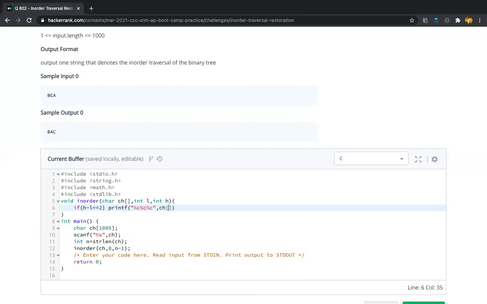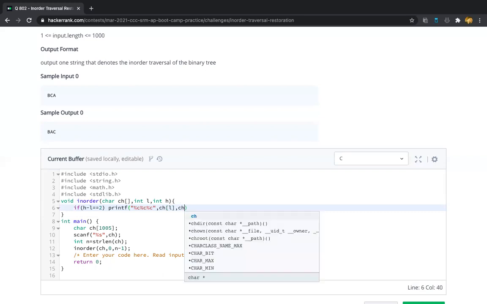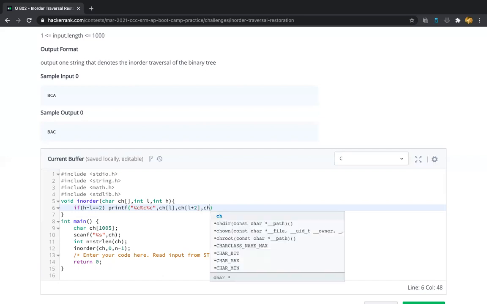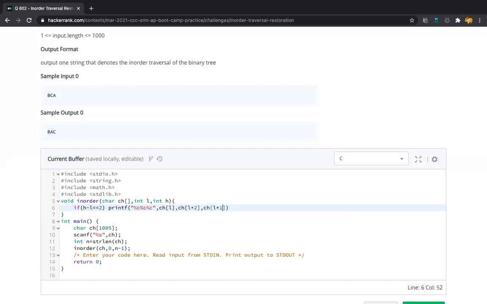Then we swap: after the first character, we print the third character, that is the low+2 index character, and then the character at low+1. So we are swapping low+1 and low+2 here while printing.